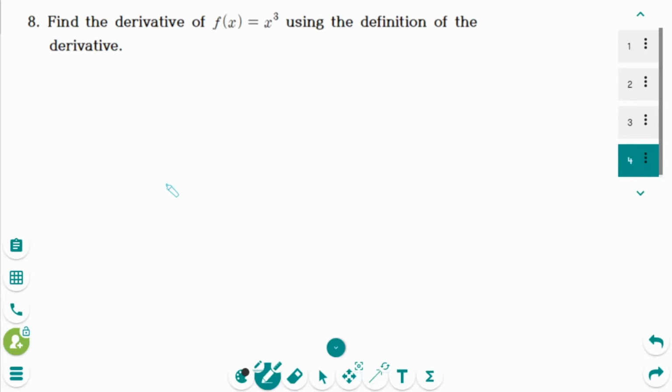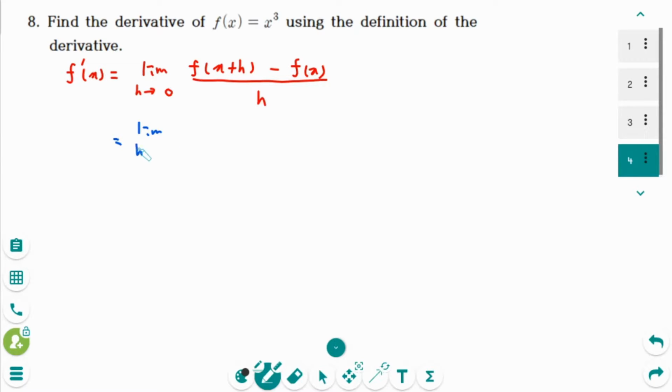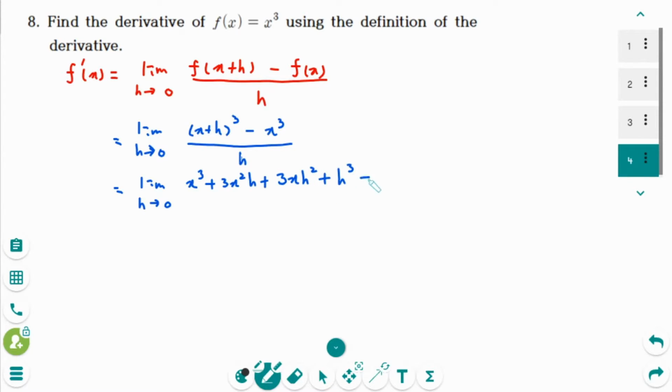Number 8, the definition of the derivative is f prime of x equals the limit as h approaches 0, f of x plus h minus f of x over h, equals the limit as h approaches 0, x plus h cubed minus x cubed over h, equals the limit as h approaches 0, expand this one, x cubed plus 3x squared h plus 3xh squared plus h cubed minus x cubed over h, equals the limit as h approaches 0, cancel. Then take out h,